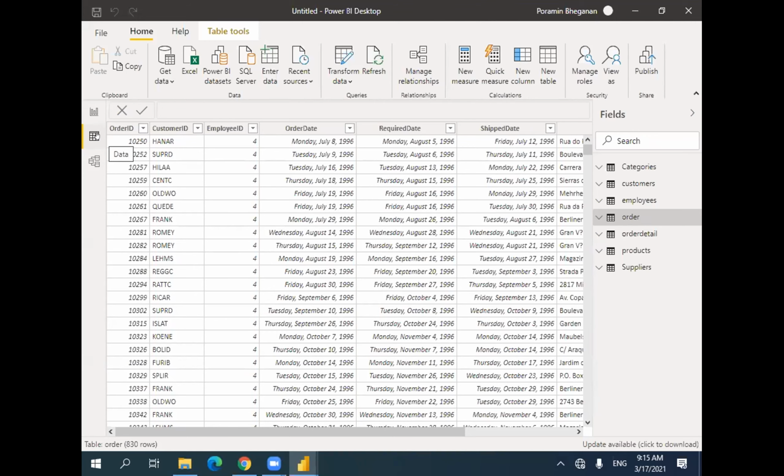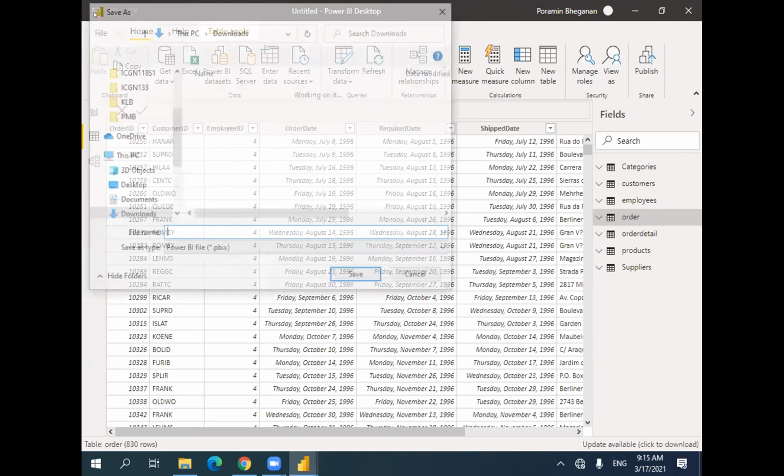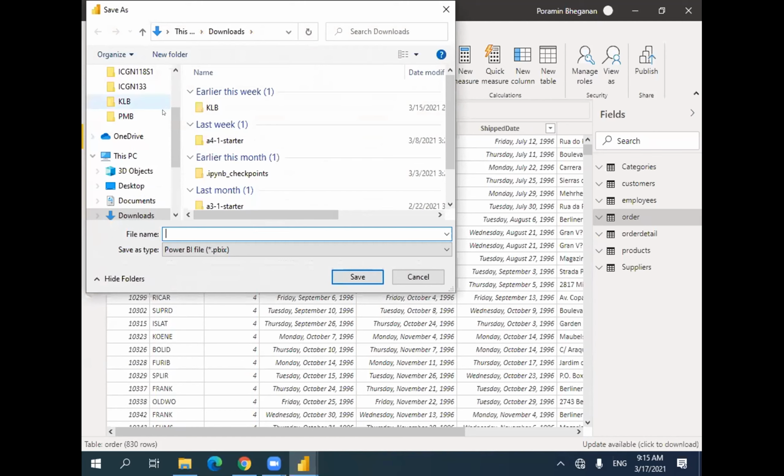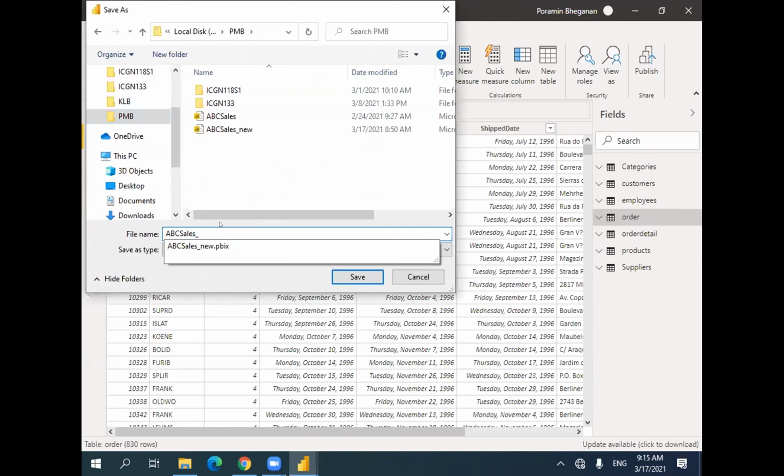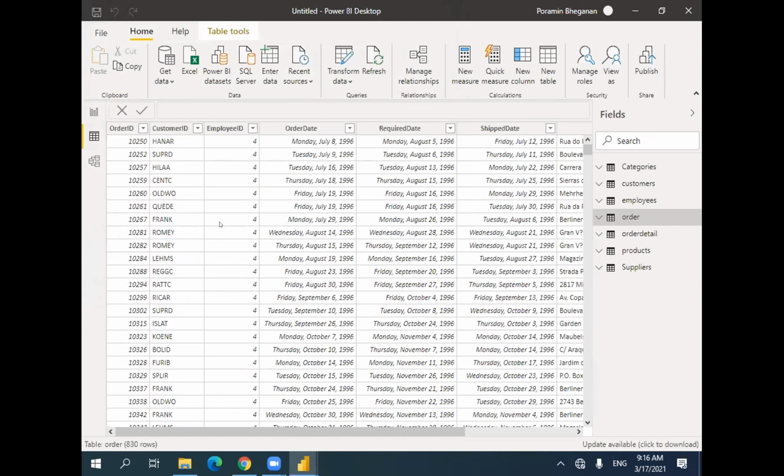Okay, now let's save this file. We move on to the next way of getting the data. I name this file ABC sales from CSV. Just that. Okay. After we have this file already,